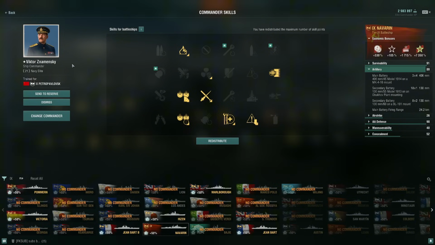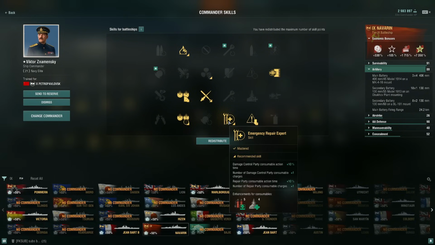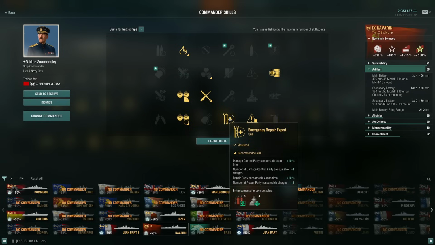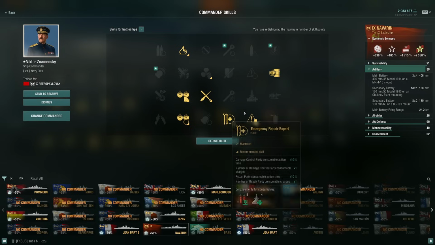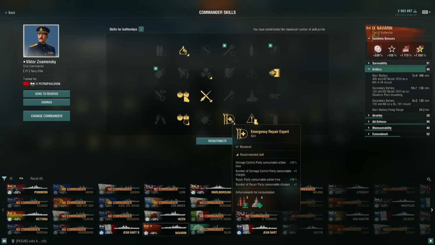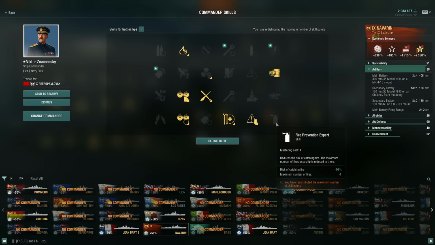Which is bananas. Obviously, the debate is, do you grab emergency repair or fire prevention? I think because you have fast DCP, the answer is always emergency repair expert. I think this is the only case, ships like this, ships like Schlieffen, that have the fast DCP with the limited charges. I think on those boats, you always take emergency repair over fire prevention because,